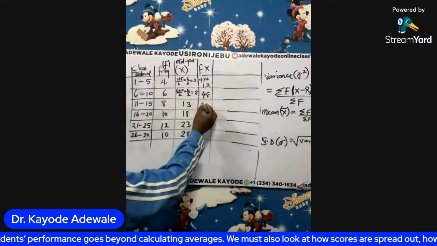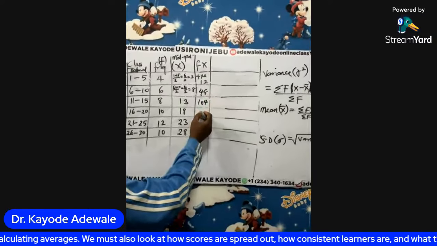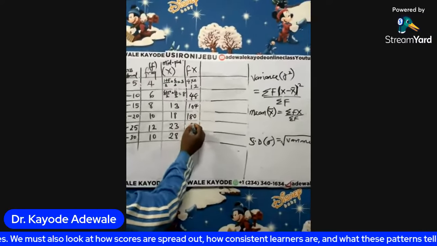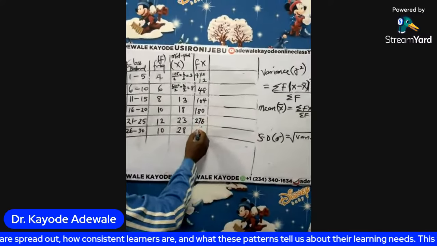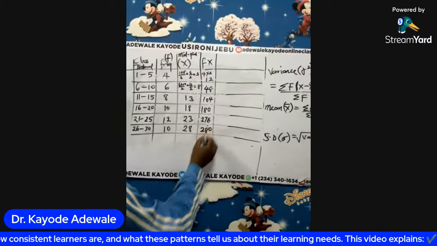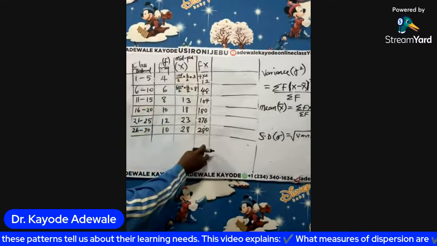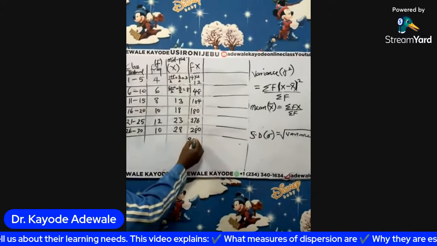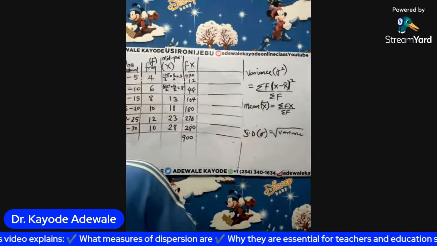8 multiplied by 13, that is going to give me 104. This is going to give me 180. This will give me 276. And this will give me 280. So for addition of these, the total is going to give me 900 if you do it very well. So that means this is going to become